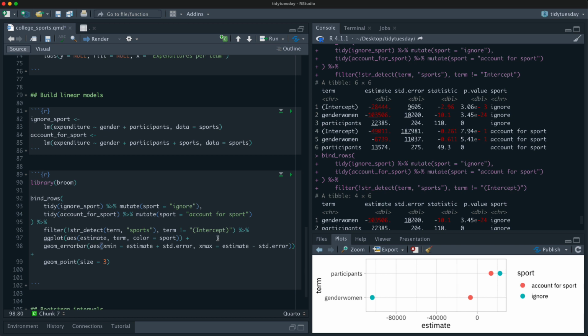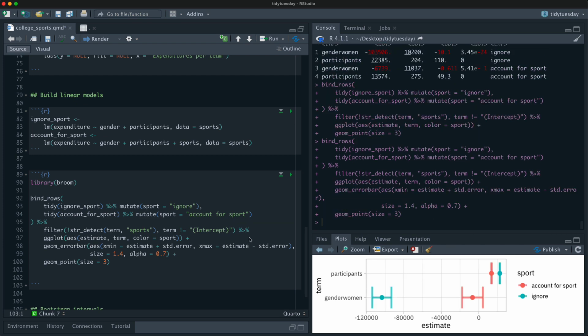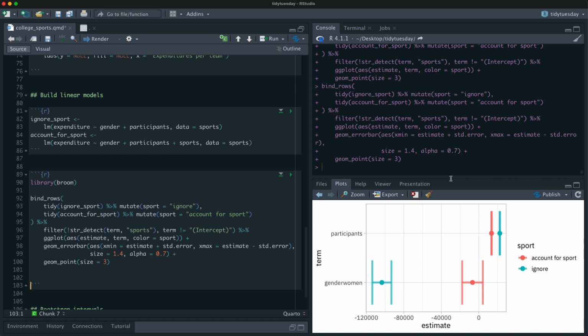Let's bump up their width a little bit, because otherwise they're so thin and fine. Let's bump down the alpha. So okay, let's do this and look at it.